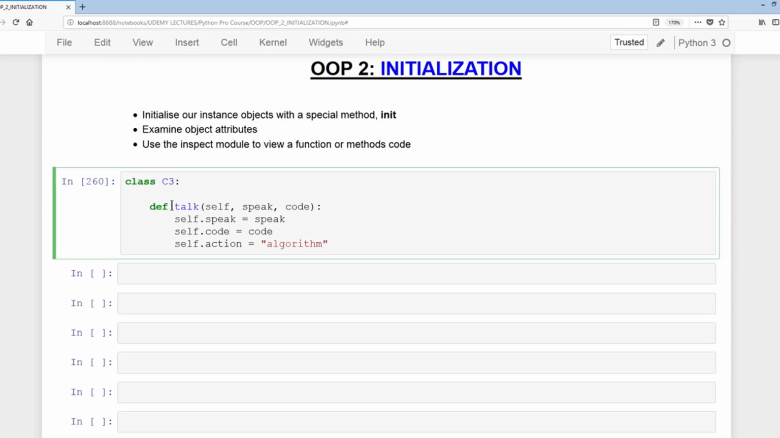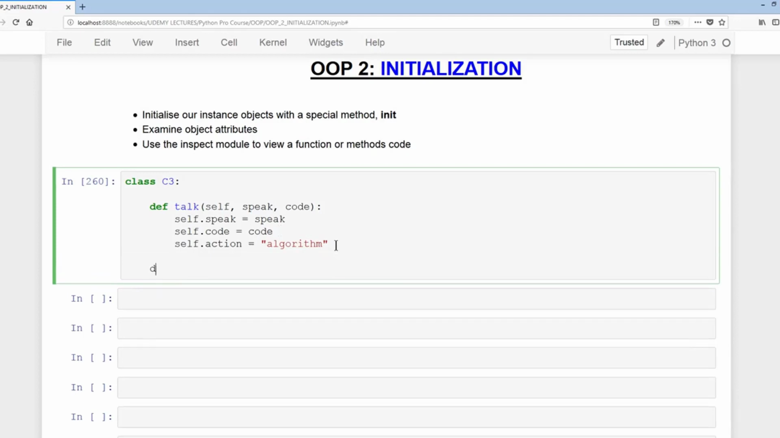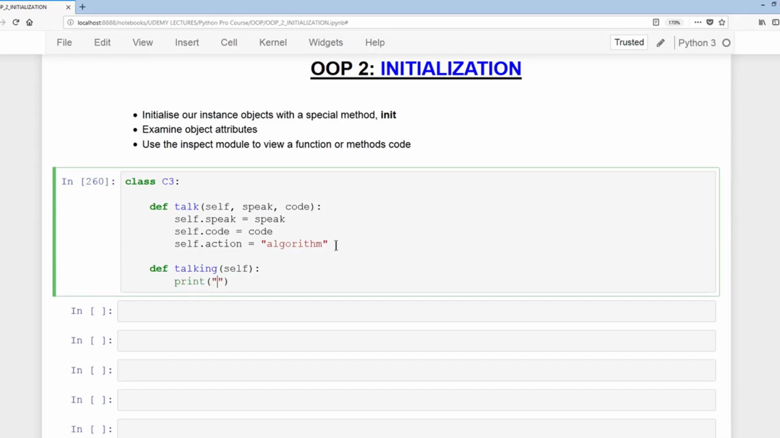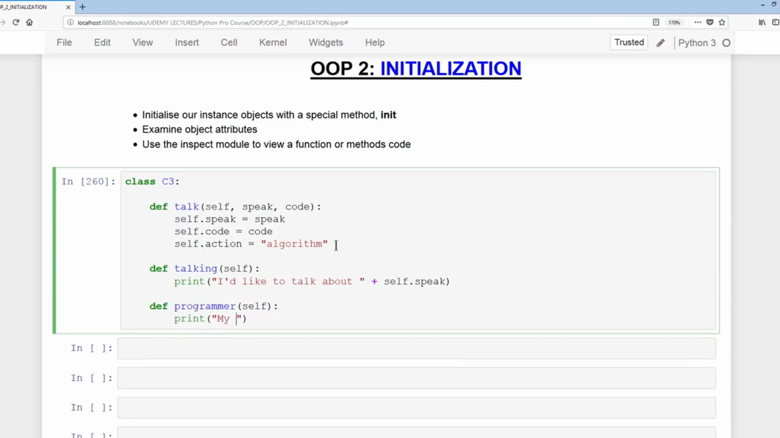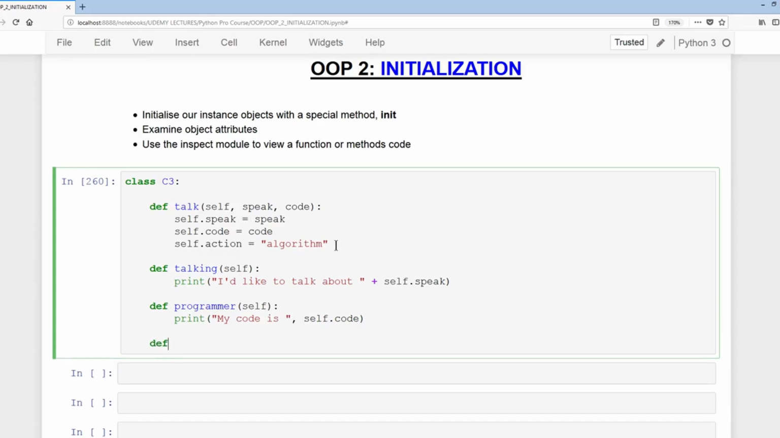What this talk method does is define what the speak and code parameters are, so they can be used in the three other methods that we are going to define. So def talking self colon print I'd like to talk about plus self.speak, and then def programmer self colon print my code is self.code, and then lastly def running self colon print,